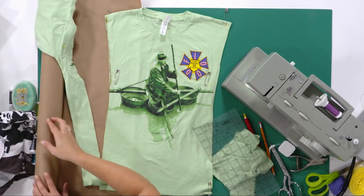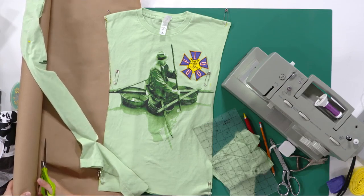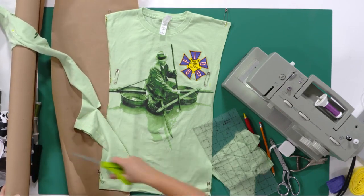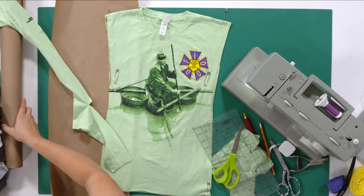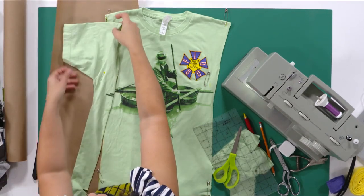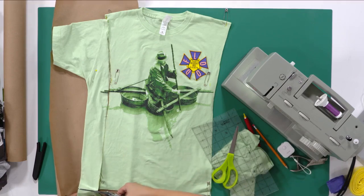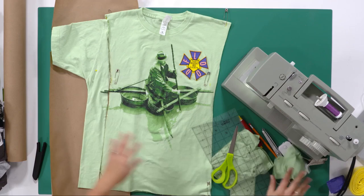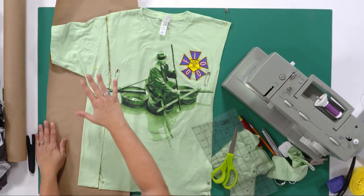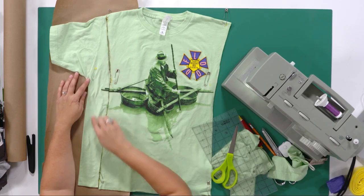Let me open this up a little bit. I'll just get rid of this. Okay, so here is what our shirt looked like before, right? We had that on there. I'm just going to cut off this bottom because we know our side panel is not going to be any longer than that. Okay, so here is what our t-shirt looked like before. We had that on there. Now I know that I'm going to be taking in a little bit at the shoulder here, so I'm going to change around